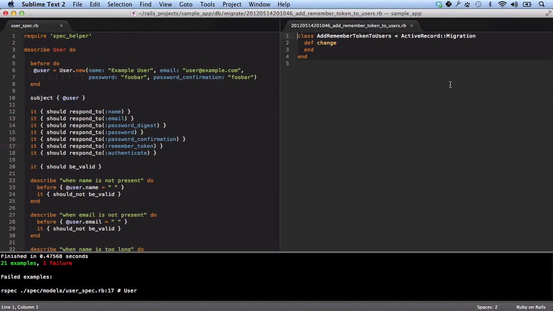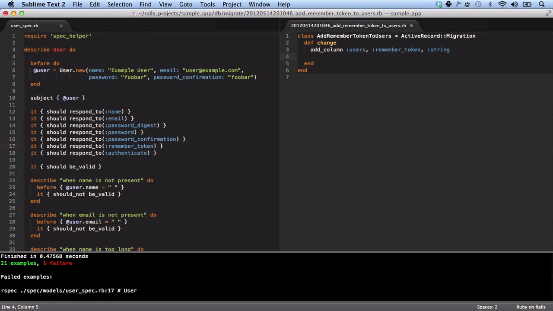Let's find add remember token. And so what we want to do, first of all, is to add a column to the users table. It's going to be called remember token, and it's a string. And if you think about it, we're actually going to be pulling users out of the database using their remember token, because if somebody comes into the site, signs in, and then goes to another page, we have to have some way of remembering who the user is, and that's exactly what the remember token is going to be used for, which means that somewhere under the hood we're going to be calling find by